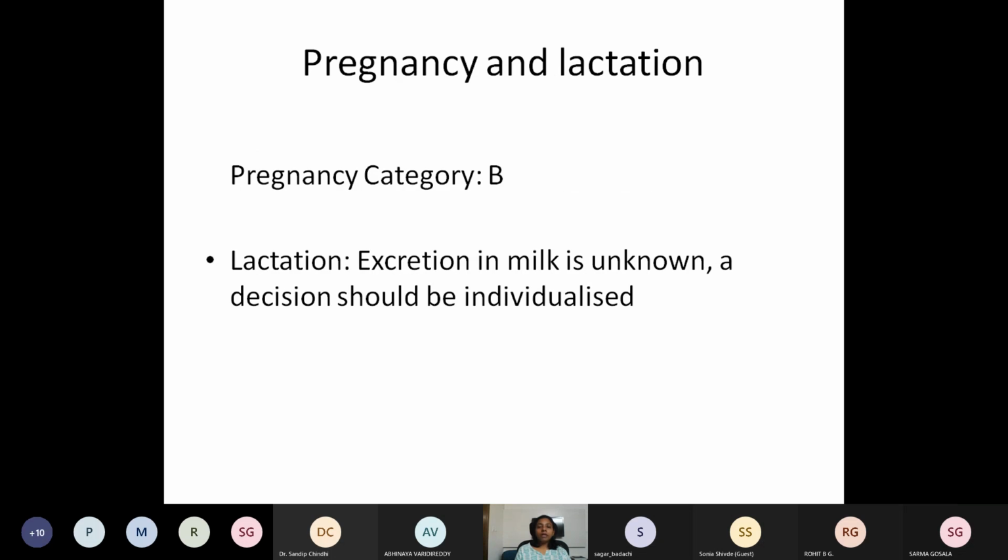In pregnancy, it is category B, which means that it can be given, although we do not have animal or human studies to identify the risk versus the benefit. But this is a drug that is given for life-threatening invasive infection, and hence it needs to be given for the optimum treatment of the mother. In most of the case reports and case series where amphotericin has been given in pregnancy, it has not resulted in any major adverse effects in the fetus. For lactation, however, the decision should be individualized to stop breastfeeding before starting the amphotericin.